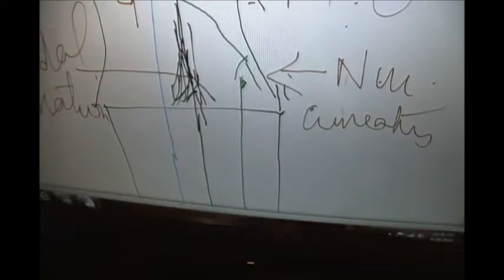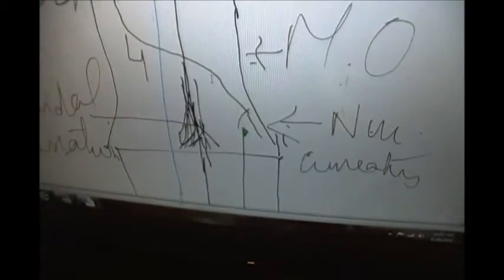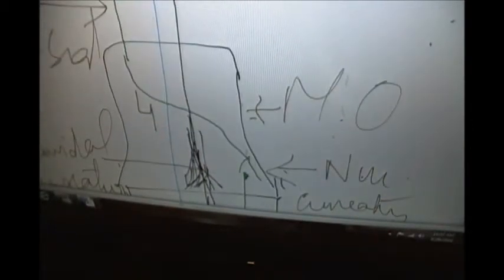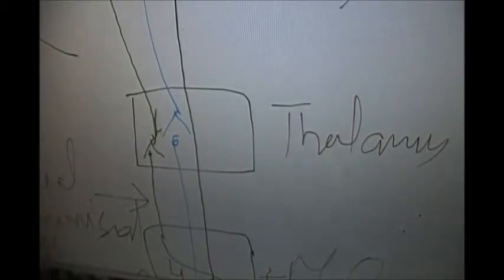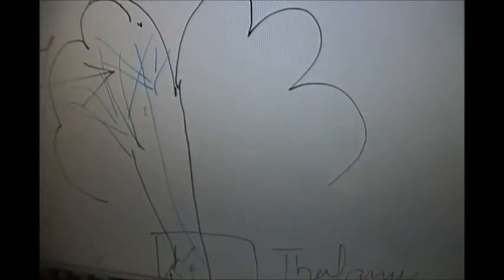Both fasciculus cuneatus and fasciculus gracilis relay in the medulla, and then after relaying in the medulla, the fibers from nucleus cuneatus and nucleus gracilis cross over to the opposite side. See that they are crossing over, and they travel up in the medial lemniscal system to the thalamus to relay there, and from the VPL nucleus the third order neurons arise and relay in Brodmann areas 3, 1, 2 of